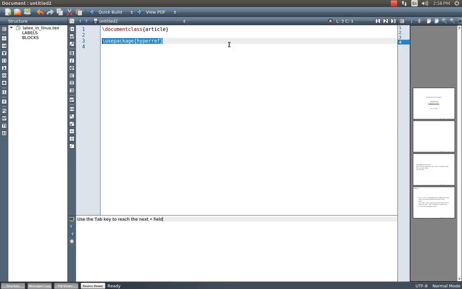LaTeX has a wonderful package repository called CTAN, the Comprehensive TeX Archive Network, that you can just go online and search for. There are a number of packages available for the needs of the researcher, maybe academics, or even for corporate document and writing needs. So this is a place where the package information must be mentioned, and just below that